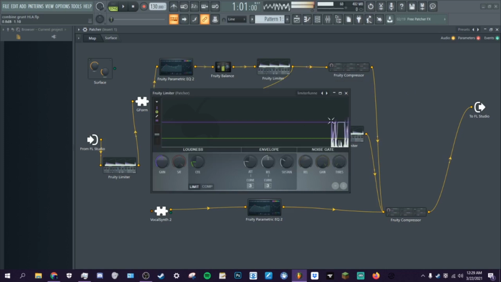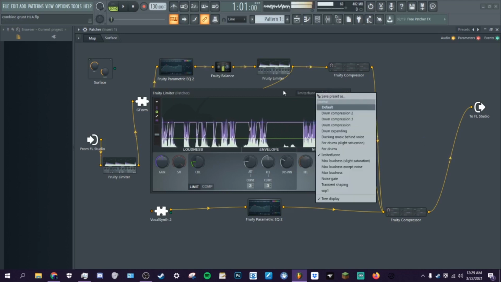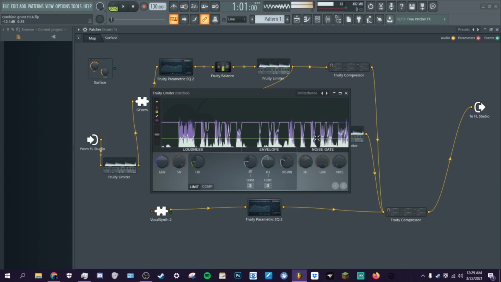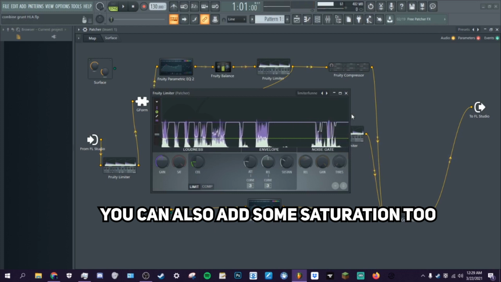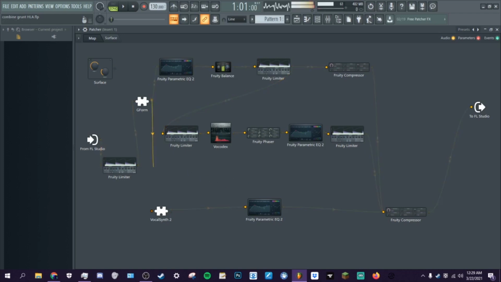Then we pop it into another limiter. This one, you're actually going to lower way more. Basically it's limiter funny, and I just crank the ceiling down even more. It looks about halfway what your size would normally be. So just crank that down more. Now put that into our main compressor. So this is really all you need. That's all you need. But if you want to add a little extra, get your deform, link it to Vocalsynth,